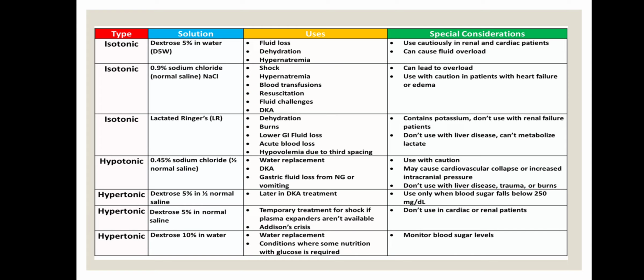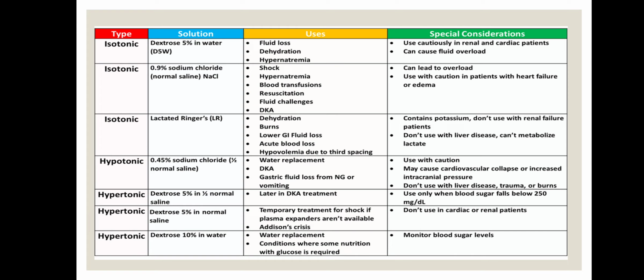And then for hypotonic, we have 0.45 sodium chloride. And for hypertonic, the usual is dextrose, 5%, 10%, except for dextrose in water, that is isotonic. The other, basta dextrose with normal saline, 10% in water, and then sodium chloride, that is hypertonic. So, the isotonic can be used for fluid loss, dehydration, hypernatremia, shock, blood transfusion, resuscitation, fluid